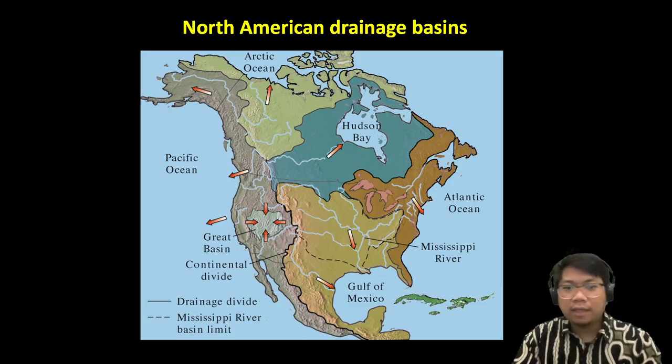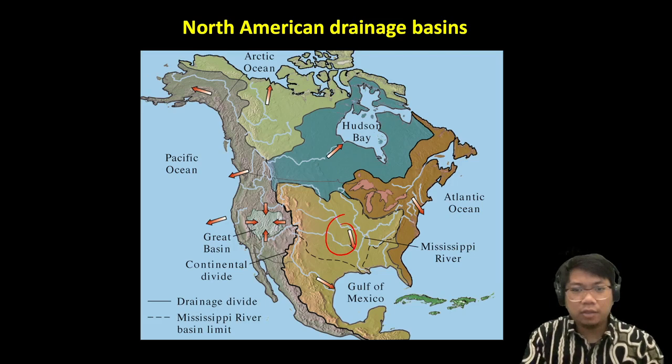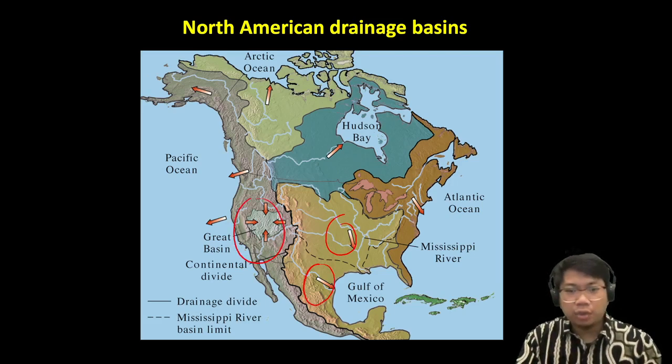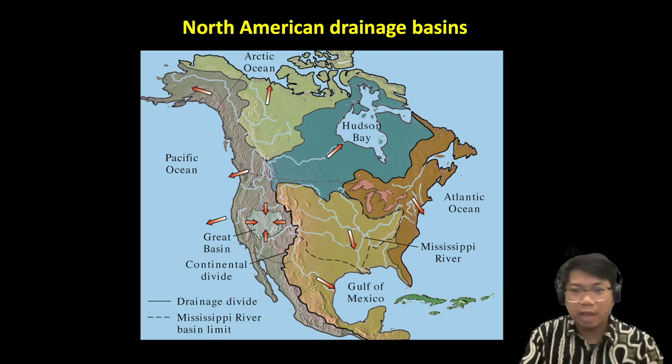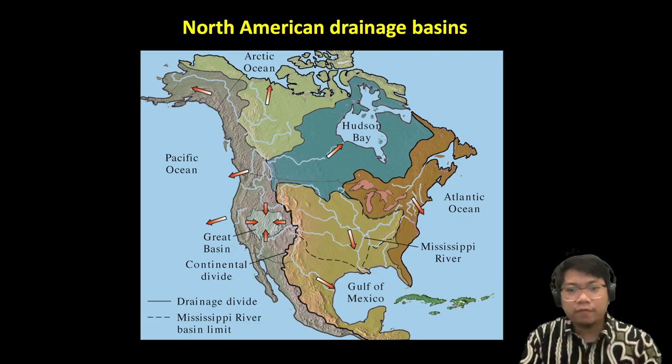And not only that, if we zoom out a little bit and take a look at the continent in a broader sense, we actually can have one and maybe two, and then another one here, three major watersheds that are located in the United States. Actually, we have another one here, the fourth one right here, right? So, for example, if you take a look at the center part right here, this is the Mississippi River watershed,